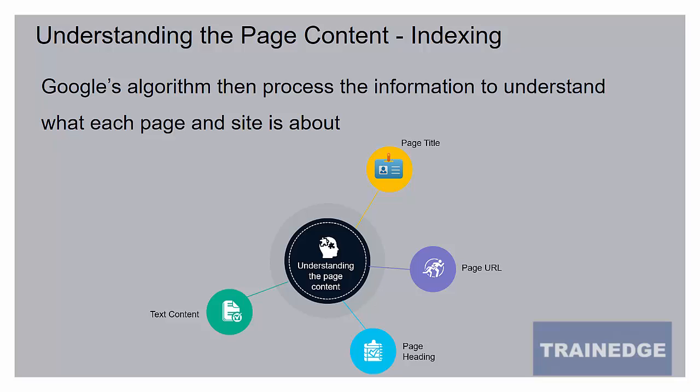Earlier, people used to stuff the page with keywords, and there were guidelines like 3% density or 5% density, which meant if your page has 100 words, 3 of them should be the keyword. We don't need to follow any such guideline now. What we have to make sure is that the keyword or the key phrase is used in important places in the text, so Google can understand what the keyword is for the page.